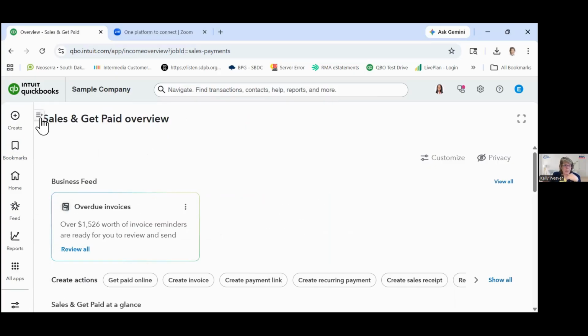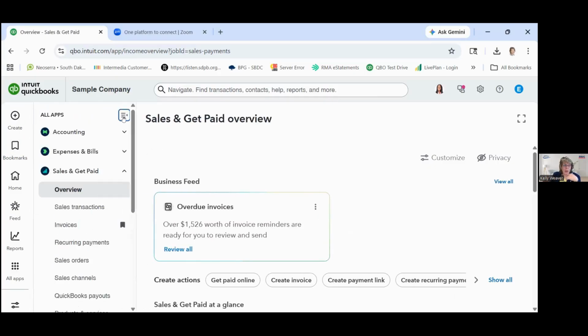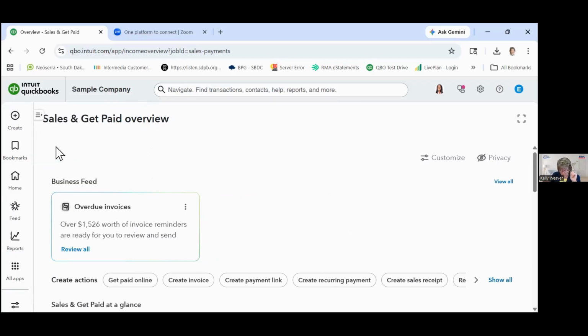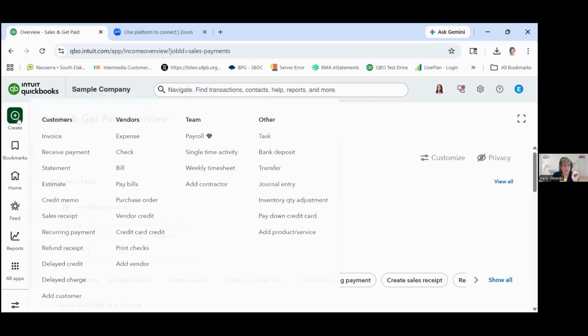You notice right there, I use this little icon to pop things in and out. It's great to see the menu, but then when you are where you need to go, you can push that back in so you have more real estate on your screen to work with. So the plus sign is the menu to do work. Things that I end up having to go here to get to would be journal entries, bank deposits sometimes, things that you don't do every day. It also has the everyday stuff on there. So again, it's just one way to get where you need to go.